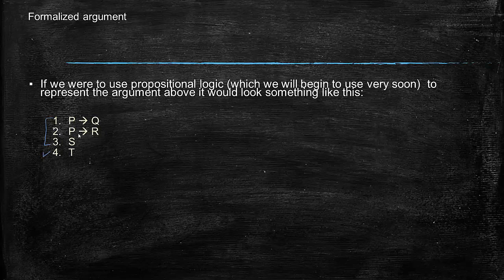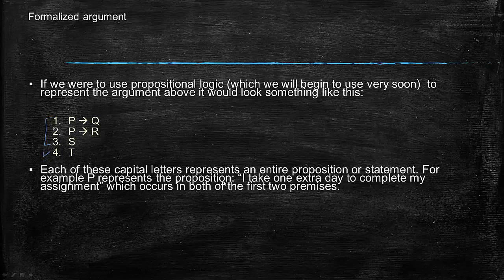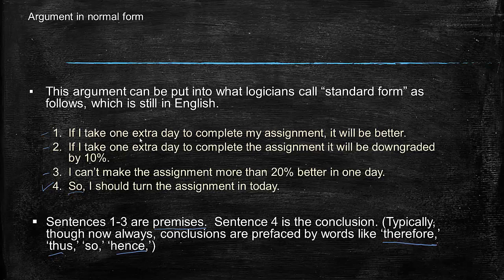And each of these is the formal interpretation of the sentence it represents. So each of these capital letters represents an entire proposition or statement. So for example, P here represents the proposition, I take one extra day to complete my assignment. And that's something that occurs twice in the first 2 premises, right? If you go back, I take one extra day to complete my assignment. If I take one day to complete my assignment, it will be better. This proposition occurs in premises 1 and 2, and so that's